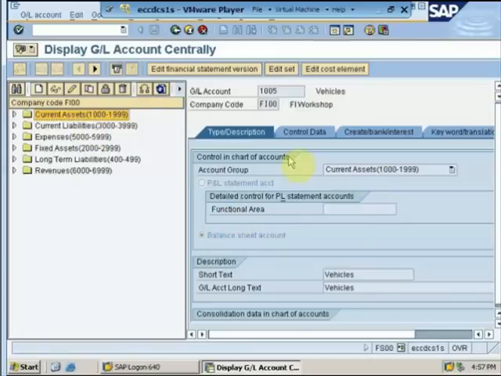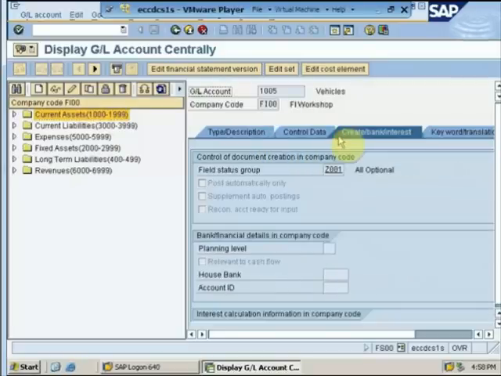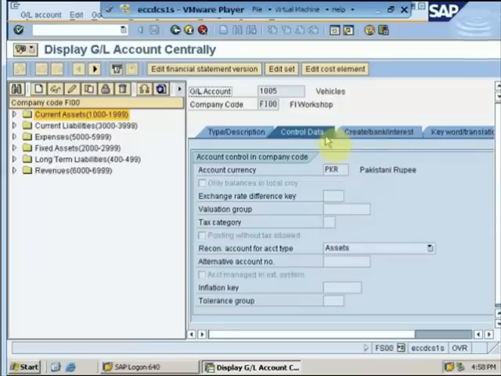Any data which prevails under chart of account segment would be the same for all the company codes that have been assigned to the same chart of account. The company code segment may vary according to each company code depending on its own requirement and configuration preferences. Then we moved on to each and every field in the GL account master data and understood its concept. So this concludes our first topic of unit